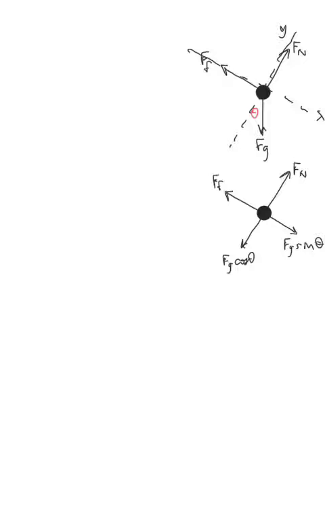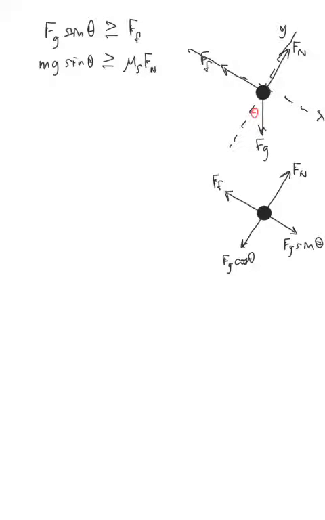So we can set up the inequality statement to be Fg sine of theta has to be greater than or equal to the force of static friction. And we can plug the formulas in. So it's going to be mg sine of theta has to be greater than or equal to mu s times